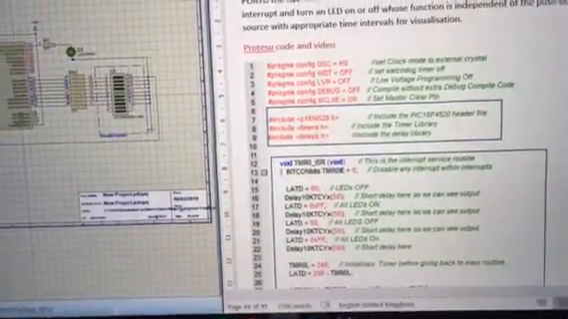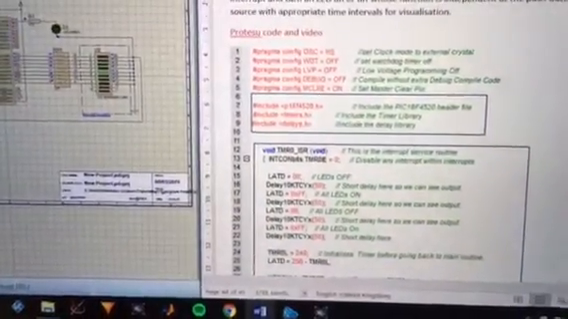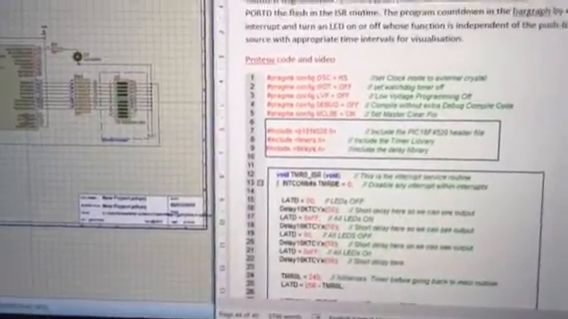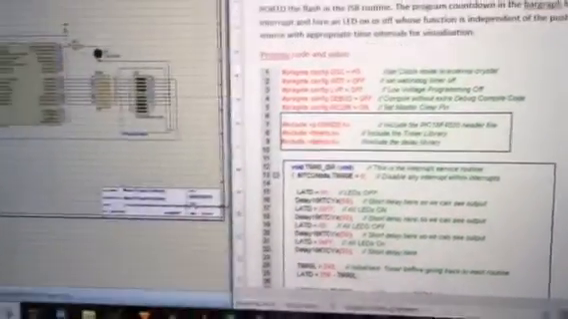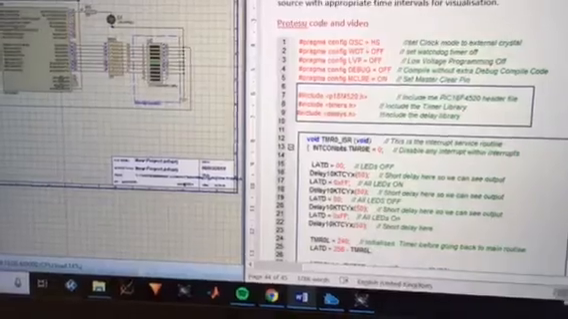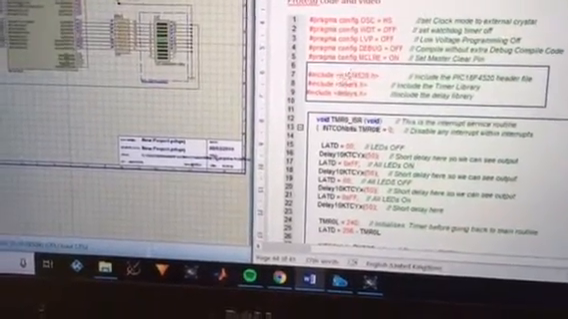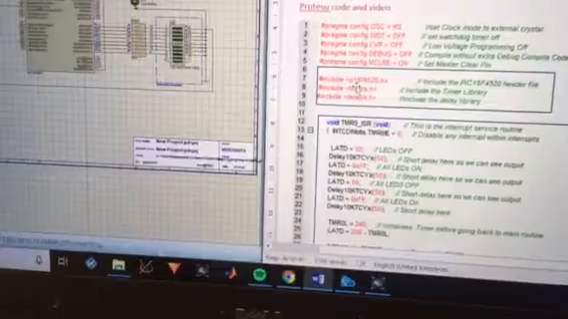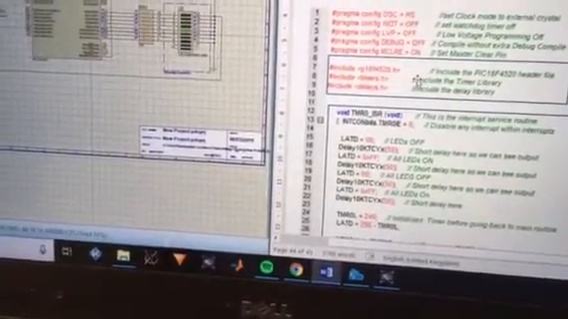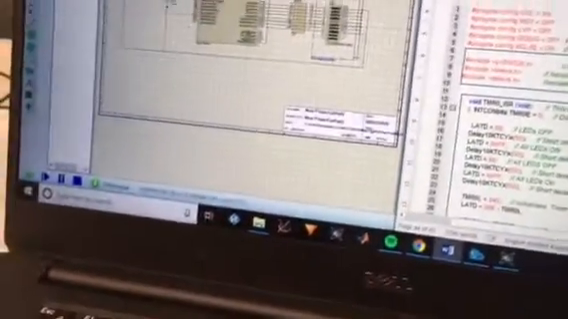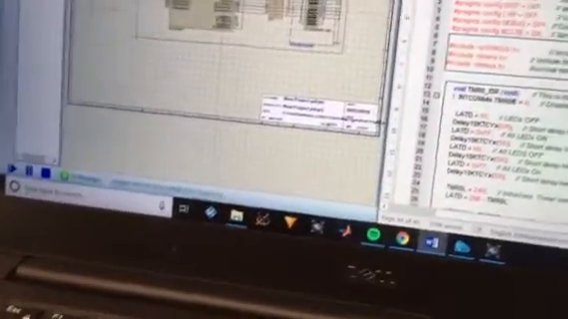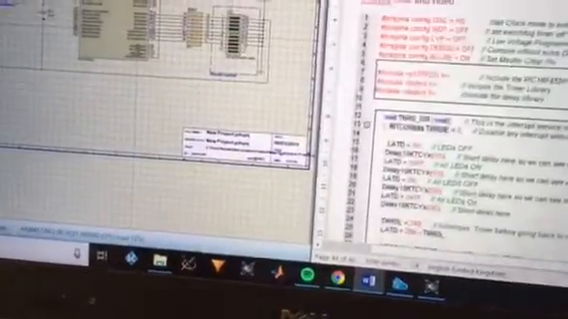Solution to exercise 2. Initially, we've set the configurations as usual. However, this time, besides the delays and the PIC library, we've included the timer, as we're going to need to configure the timers, which is the main task of this exercise. And when you look into the main body of the program,